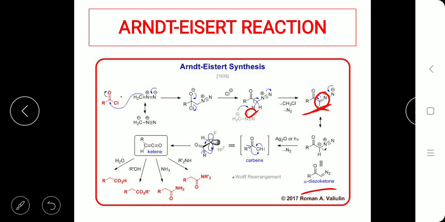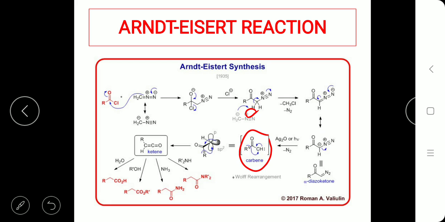Instead, it can also react with Ag2O, and then there can be a further reaction. That is, when we're using the reagent Ag2O, you can see that the nitrogen having a positive charge is going to take up the bonded pair with the carbon atom and is going to get departed as N2. That is, nitrogen is going to get departed. Now what is left is a carbene of this kind. You can see RC double bond O CH is the carbene here, which is generated once there is the departure of the nitrogen molecule.